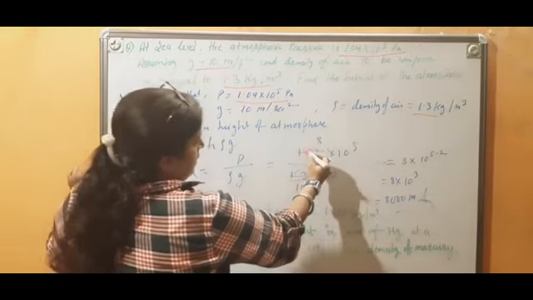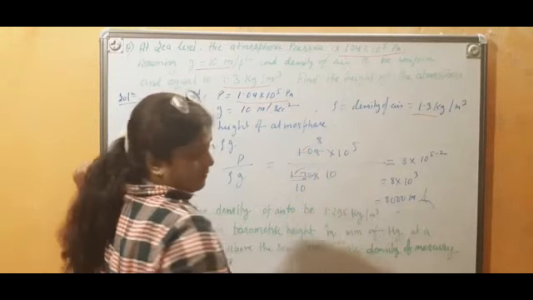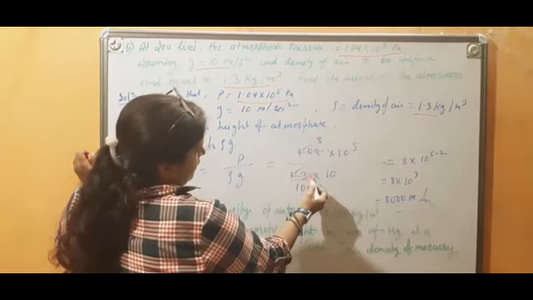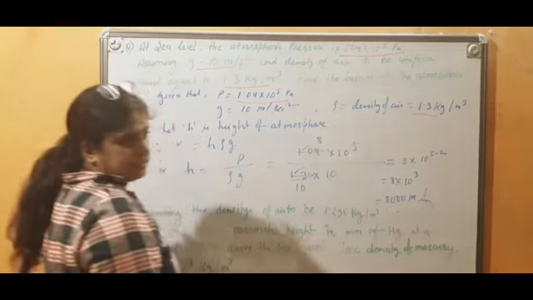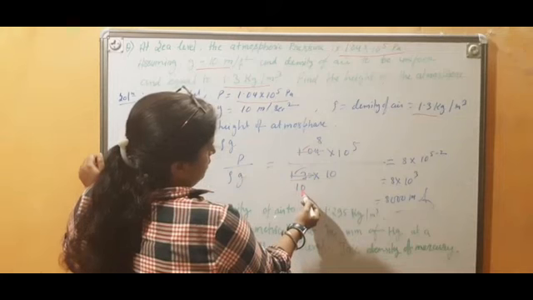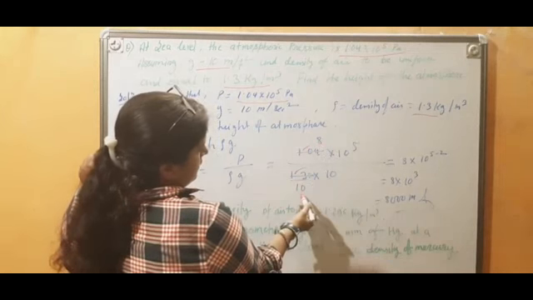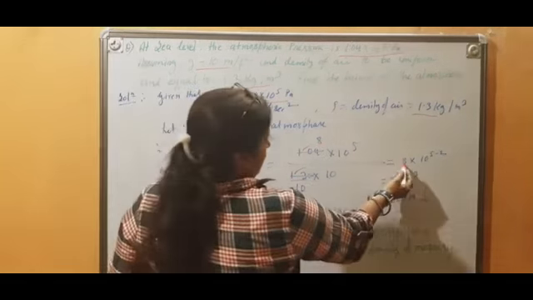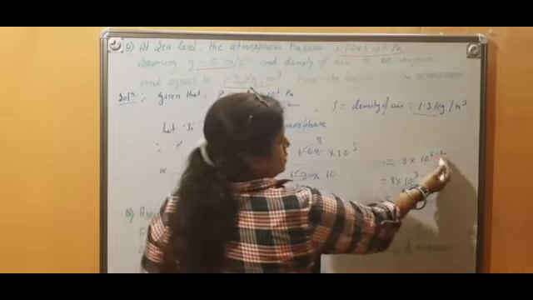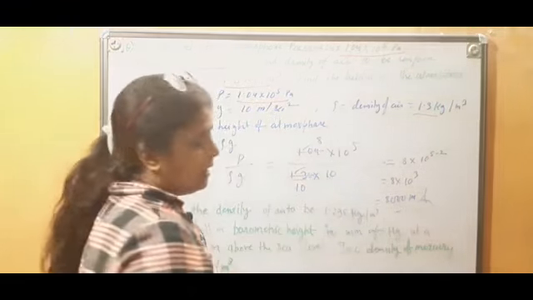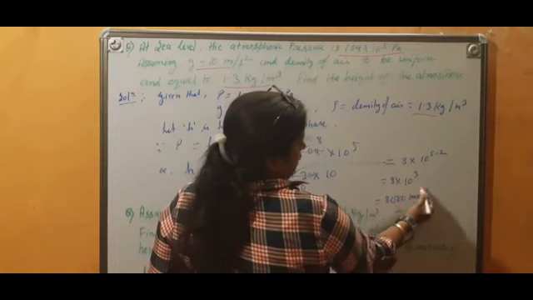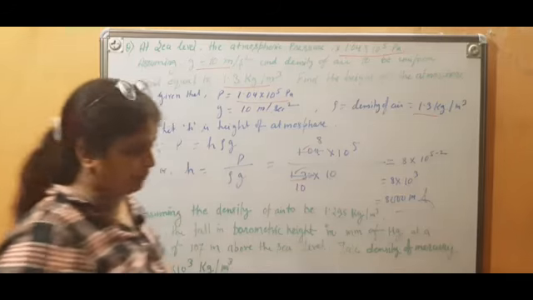Then what I did, to replace the decimal sign, in junior classes we have learned that the number of digits should be equal. Here is 2 digits and here is only 1 digit, so I have written 0 and replaced the decimal. Then we know that 13 times 8 is 104 and 13 times 10 is 130. So here is 8 and here is 10. Overall I have written 8 into 10 to the power 5, and 10 squared is here, so minus 2. By using the formula of exponent and power, I subtracted. So it is 8 into 10 cube, that is 8 into 1000. So 8000 meter is your answer.